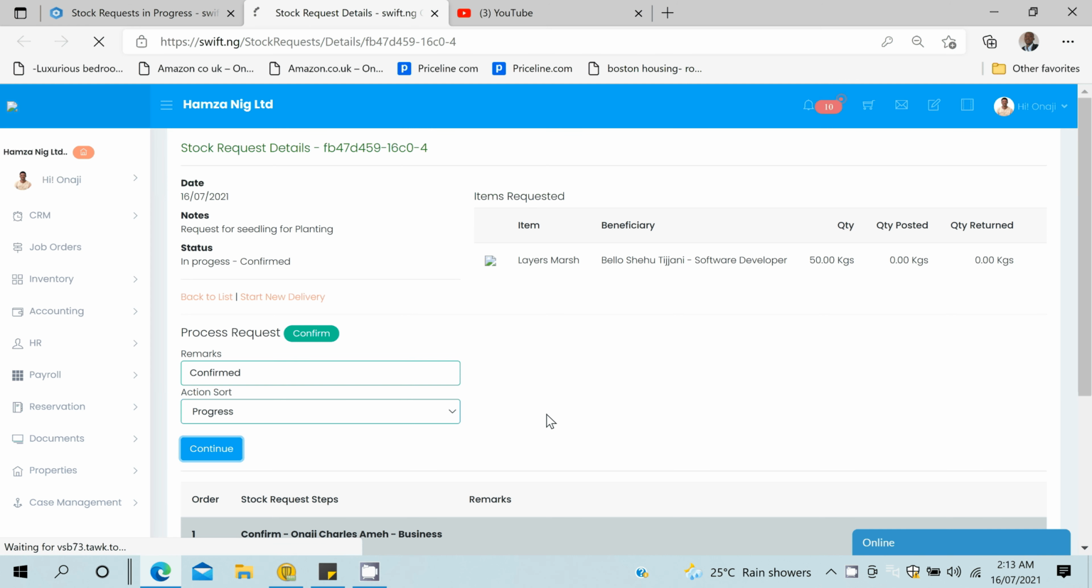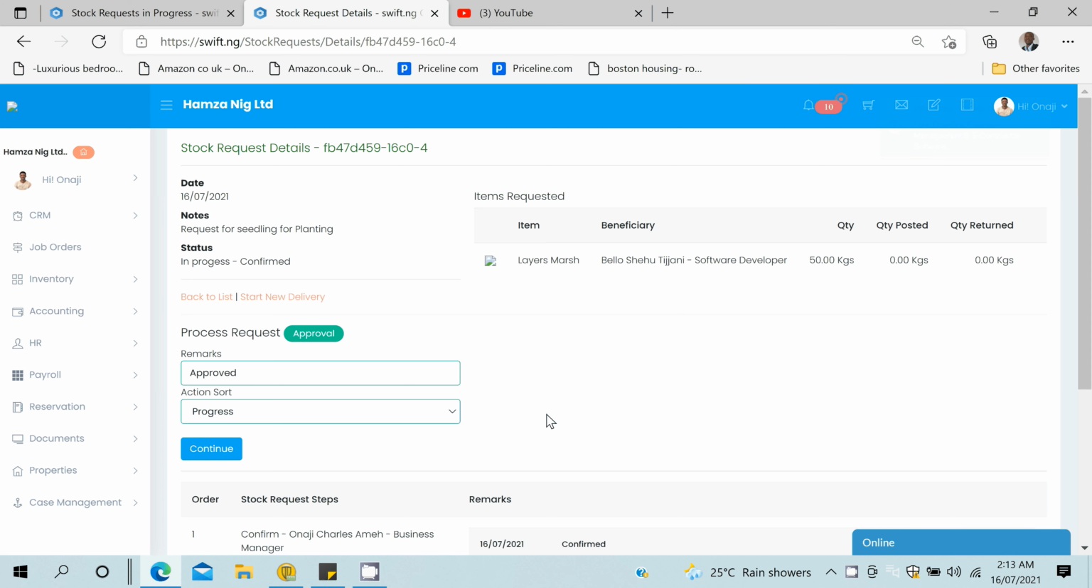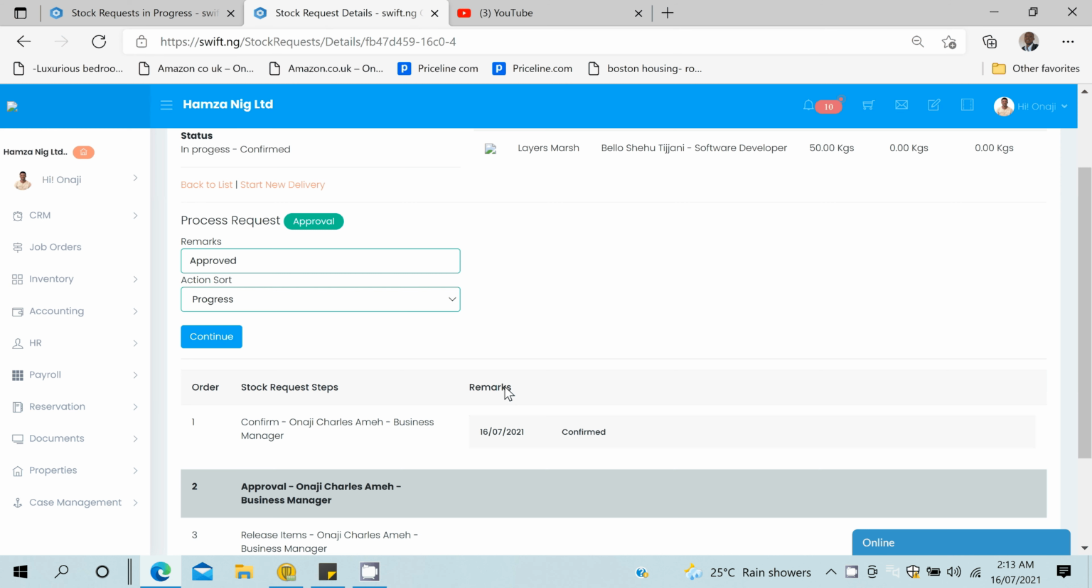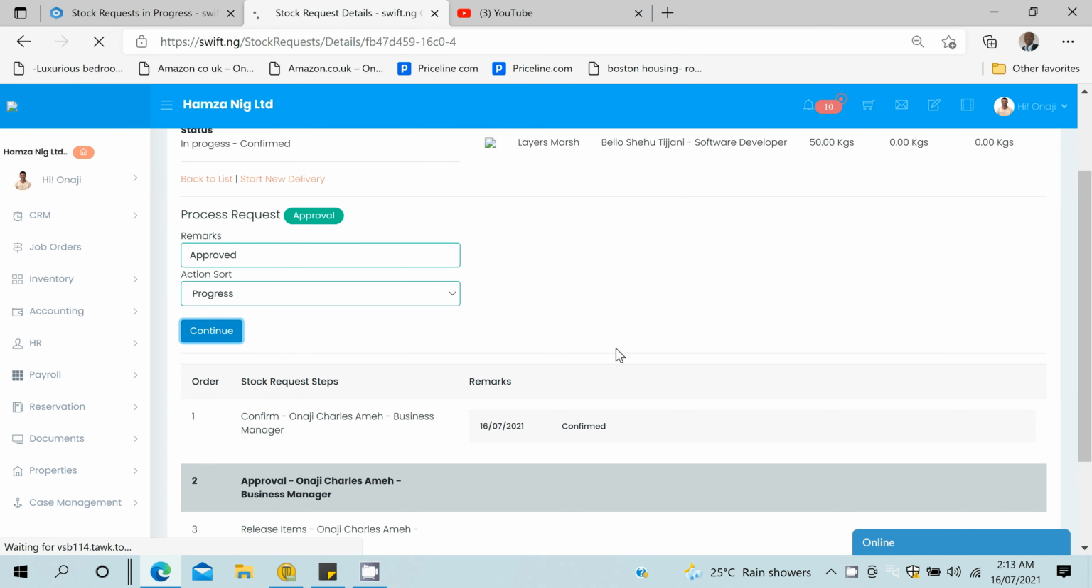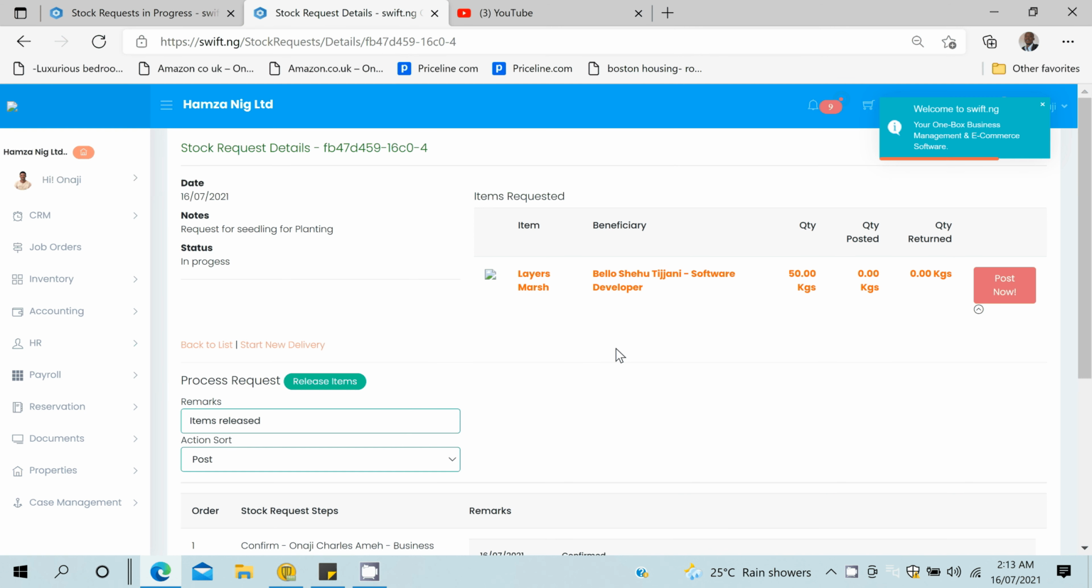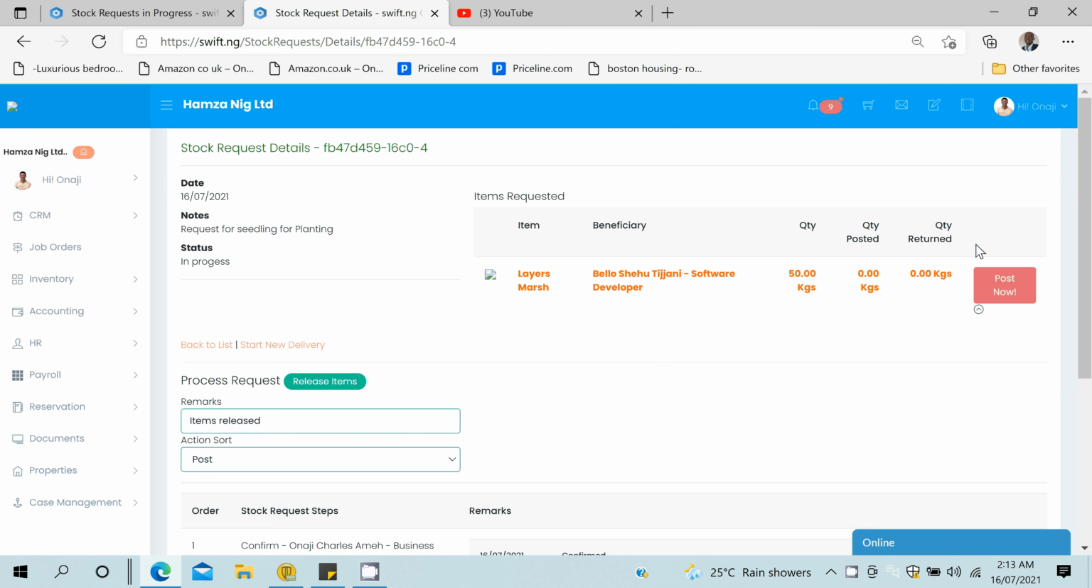When I click continue, if a notification is set up for the approving party, he receives a text message and an email, and he will need to get to the notification bell and take action too. Since I'm the same person, I make progress again. So once approval is granted, you see that this turns red and enables the post now button that you can see here. So we see these items here, and I can click